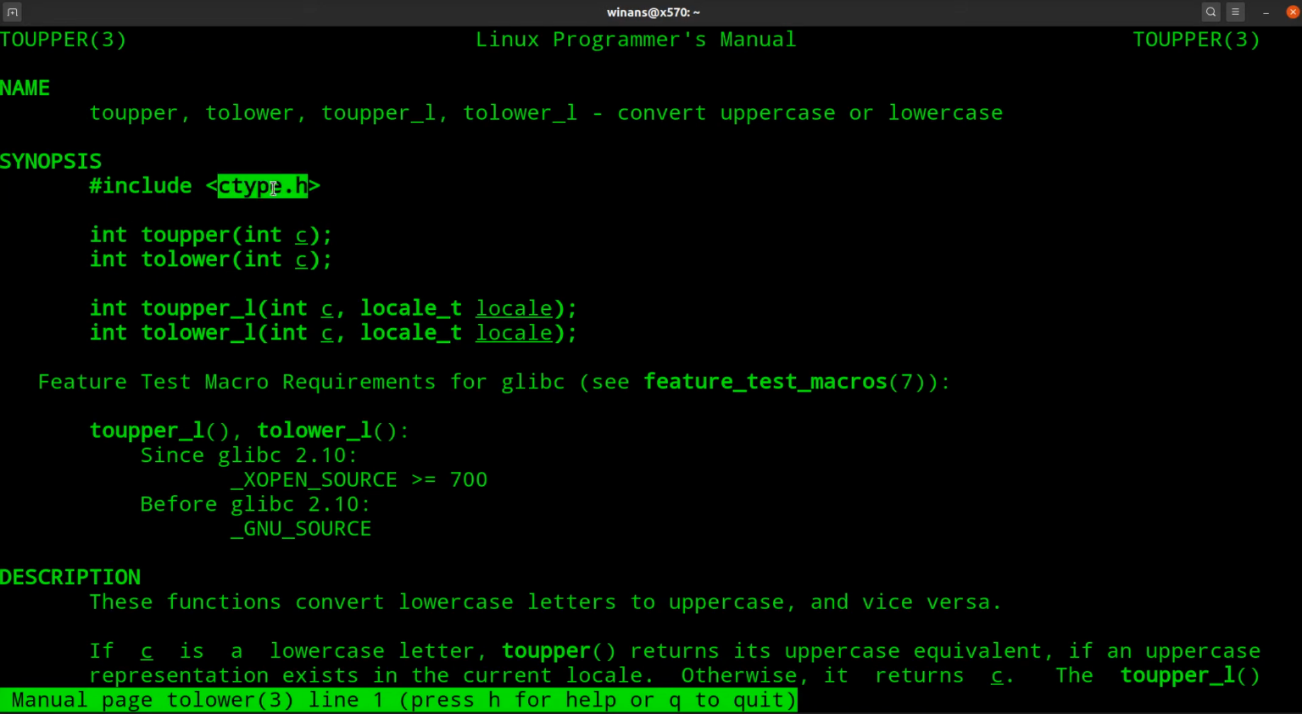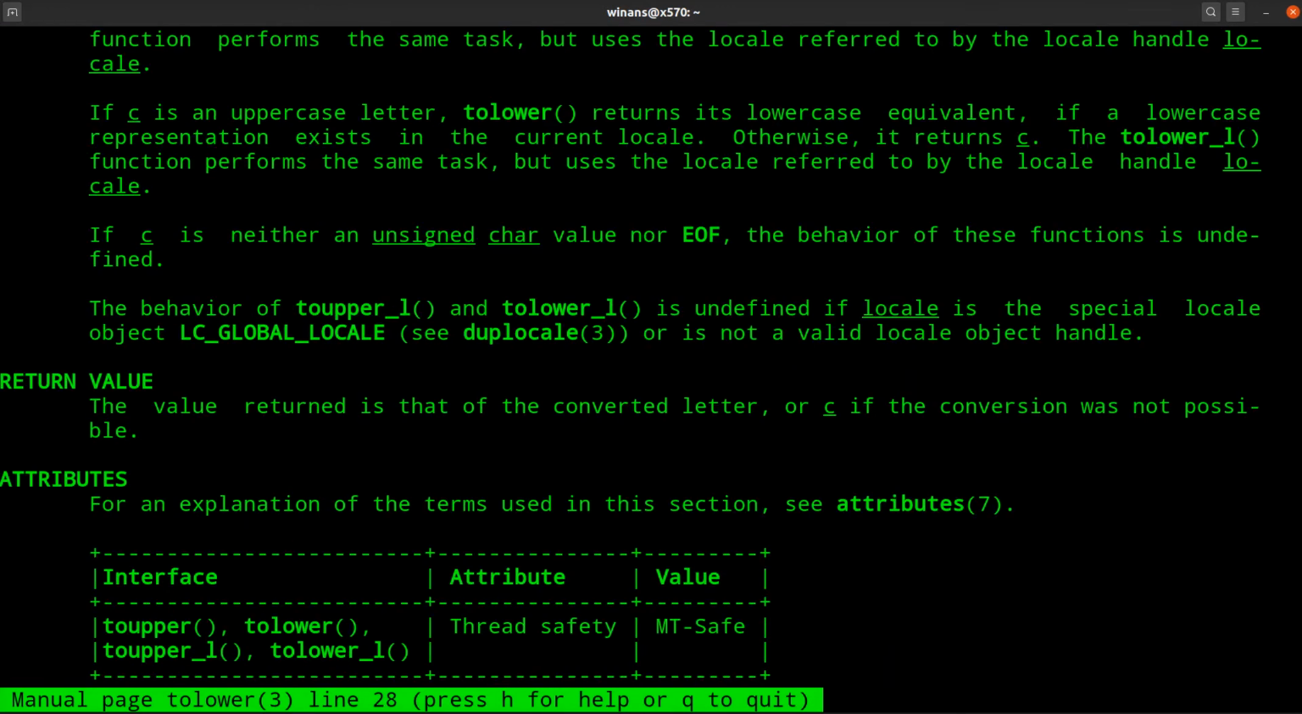And it comes from ctype.h. And I already explained that in C++ you can put C followed by the name of the header file like that, which is what we did in our source code. So if we look at to upper and to lower, read the documentation. If it's an uppercase letter, lower will return the lowercase. If the lowercase representation exists in the current locale, all right, now that has to do with the international